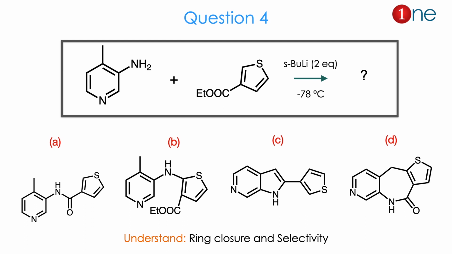So the coupling is really happening there. Here the way of coupling is the real question. Whether the N reacts or the methylene reacts, or cyclization occurs, or the ring expands or not, is the question. So you have to understand that ring closure definitely occurs, and the selectivity of ring closure is the real question.